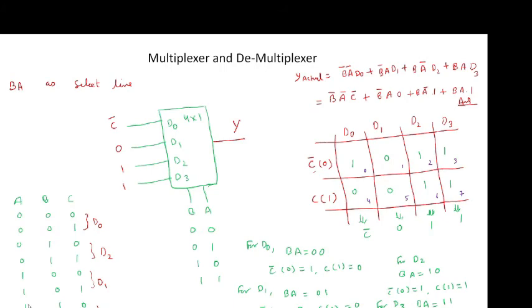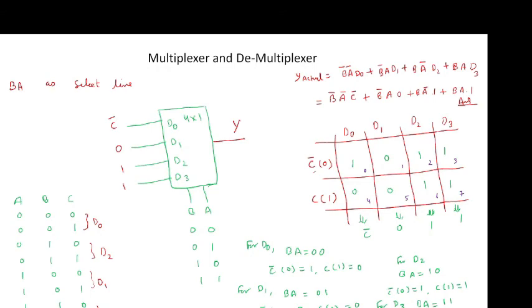Now for BA as 1, 1, it lies on lines 6 and 7. When C is equal to 0, that means C bar, it lies on line 6 and 6 is there, so I will write 1 for D3's C bar.